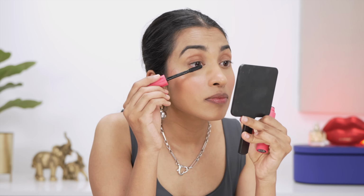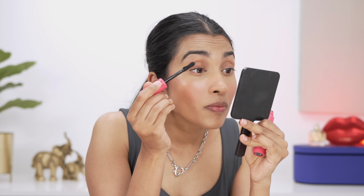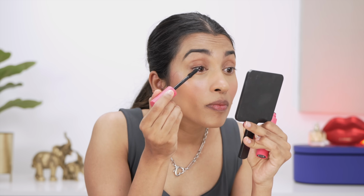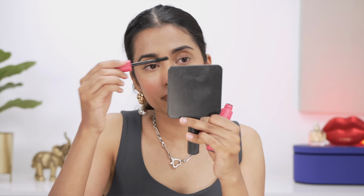I don't really have any eyeshadow to try out, but I have a new mascara. This one is the Huda Beauty One Coat Wow mascara. So I have tried this out a couple of times. I feel like if you have their duo mascara in one tube, you know, the lengthening and the volumizing side, this is how it would look. It can be a little bit clumpy and messy for a lot of people. I feel like it's a little bit on the wet side, but it gives you really good length and